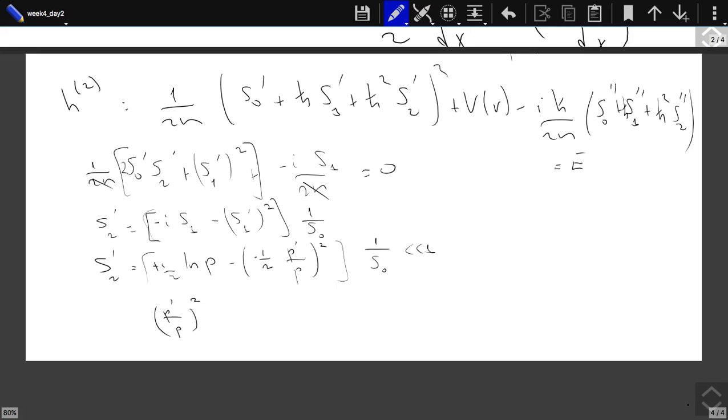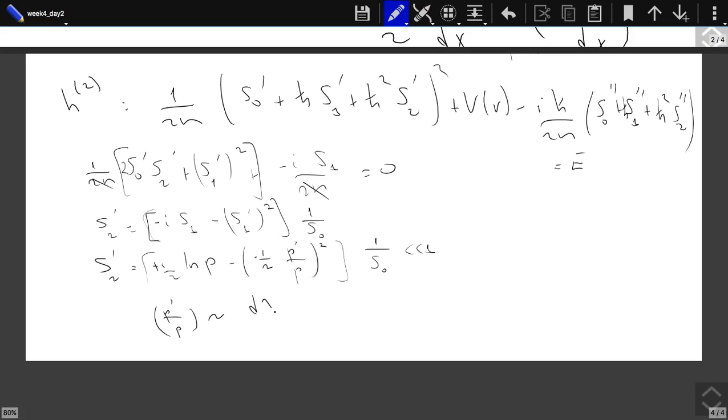Now, if p goes to 0, that is close to the turning points, you see that S2 is non-zero. S2 prime is very large. That means S2 will be getting large. Or if p prime over p is large, then again, S2 prime will be large and S2 will start getting large. And p prime over p